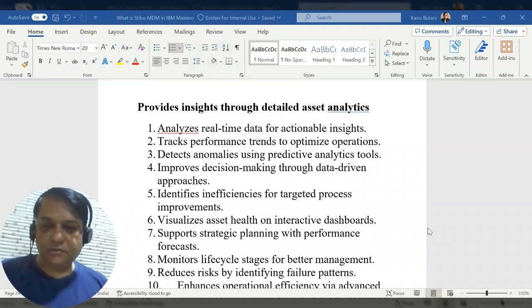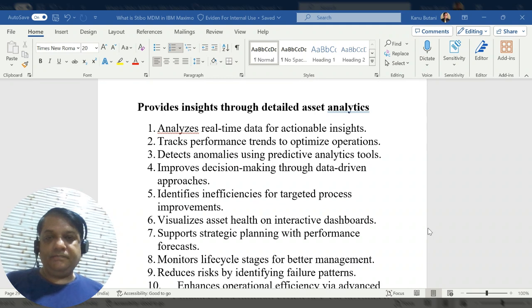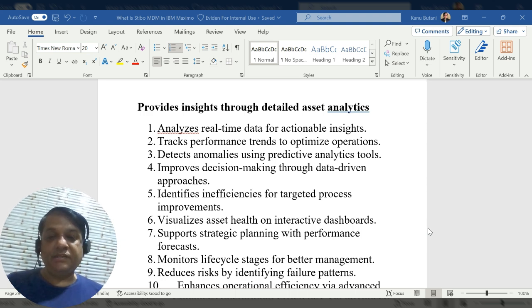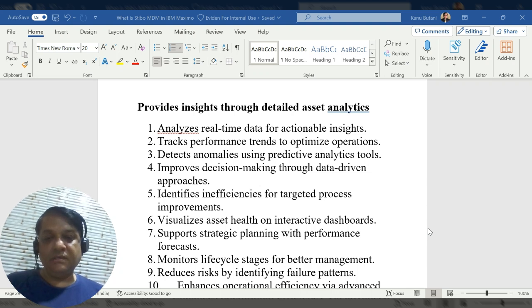Hello, all. So, today we will be seeing how the IBM Maximo provides insights through detailed asset analytics. It analyzes real time data for actionable insights, tracks performance trends to optimize operations, detects anomalies using predictive analytics tools,